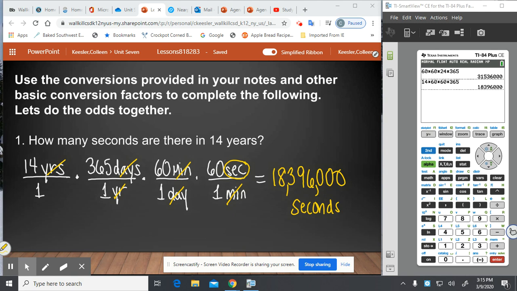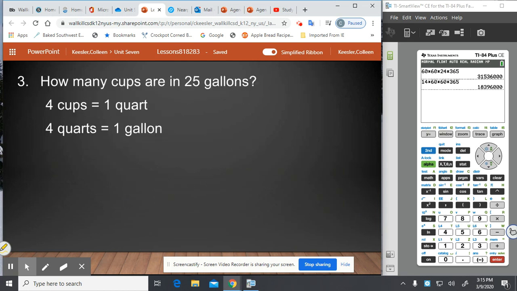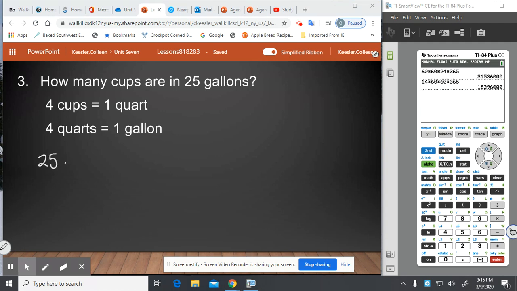All right, let's try another. So now we want to know how many cups there are in 25 gallons. So we're going to start with 25 gallons and then use the conversion factors that are there. So we have 25 gallons over 1. And we know that there are 4 quarts in 1 gallon, making sure that the gallons are diagonal from each other, and that there are 4 cups in